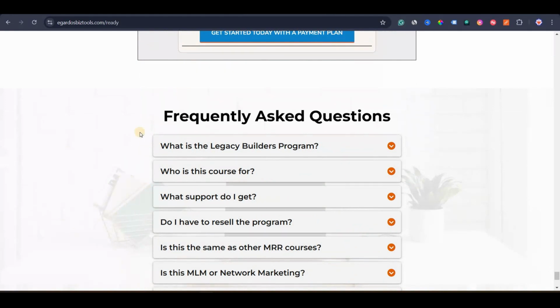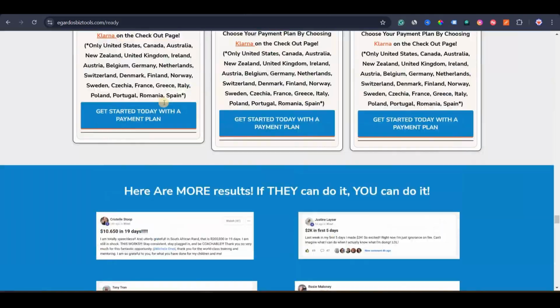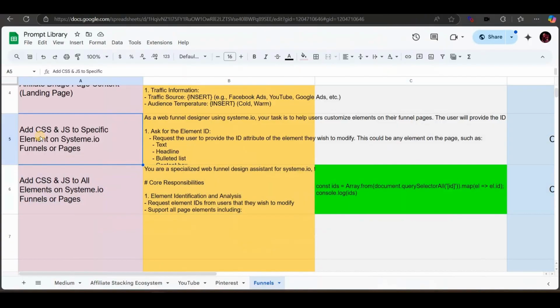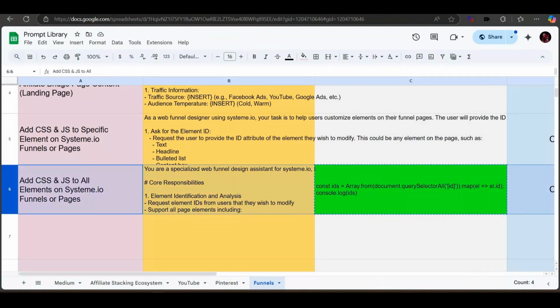Only if your sales page or landing page is very long should you not go with the second prompt. I would recommend you go with the first prompt, and you can use the free version of ChatGPT. So we are going to use this prompt now, but before we do that, we need to make some changes